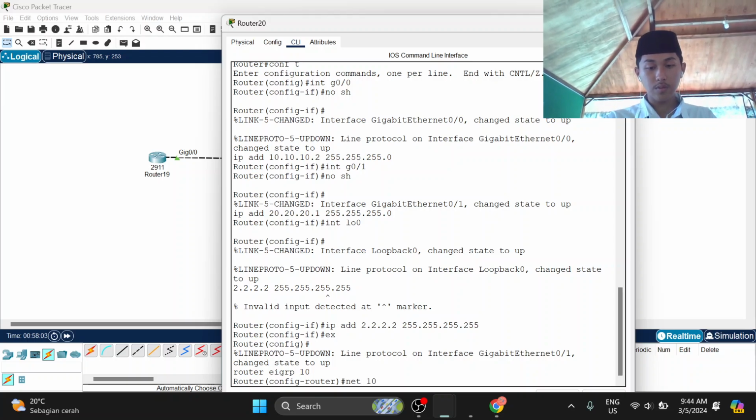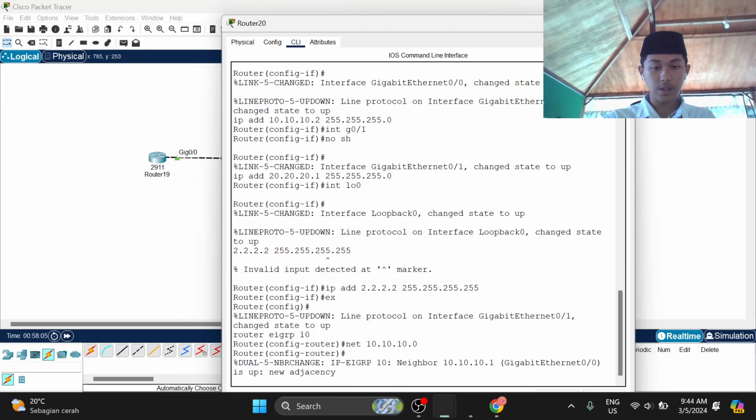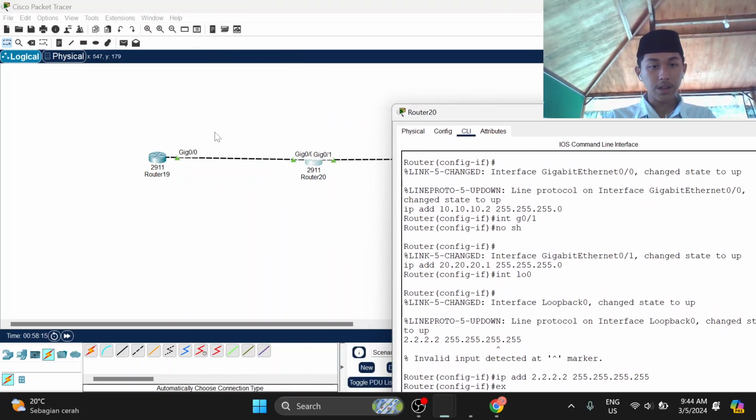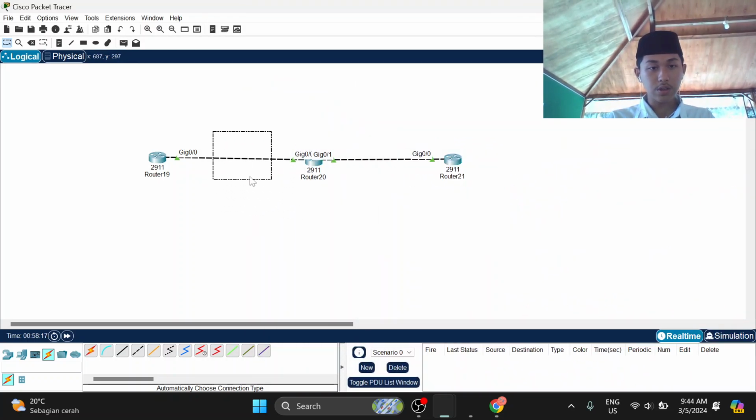Network 10.10.10.0. Enter. Now, a new adjacency is up, which means this path is already connected between this router and this router.